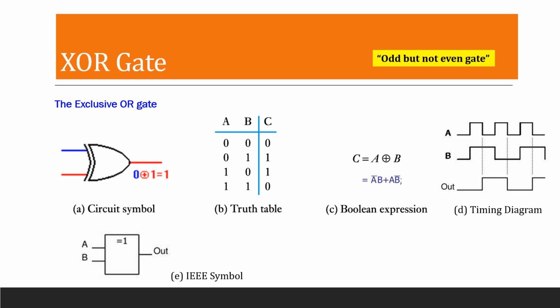Okay, so when we look into the timing diagram, when A is equal to 0 and B is equal to 1, we are having an odd number of ones and so the output will be 1. Then for the next timing line, if A is equal to 0 and B is equal to 0, it moves to the 0 state. Then the IEEE symbol for the exclusive OR. For the OR gate, we are having the character as greater than or equal to. But in the case of XOR operation, the character is equal to 1.